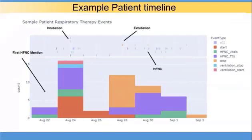So if you look at other patients, you can see that the data shows up where we would expect. For a high flow nasal cannula on this one, it showed up a day before they were intubated, and then there's no more mention of high flow nasal cannula until there was an extubation, and again, it showed up for that patient. This is at a really detailed patient level, to give you an idea of how this data might look for individual patients,